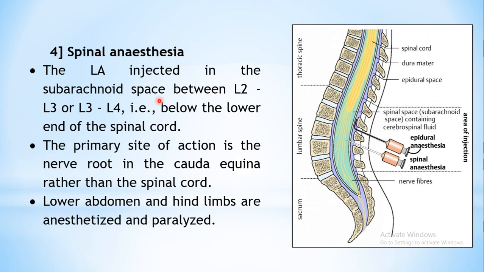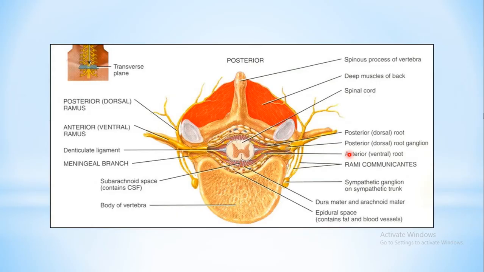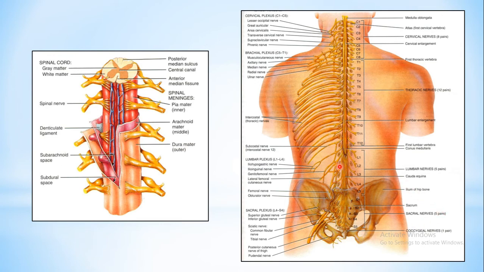So they are the ones who will administer this anesthesia, because skillful administration is required to inject the drug in a specific region, that is only in the subarachnoid space. As we have seen, the nerves which are present in these areas, once the injection is given, your drug will reach here, in the subarachnoid space. From this area, whichever nerve roots are passing through this region, this area is known as cauda equina. Here this one, cauda equina, this is the part.